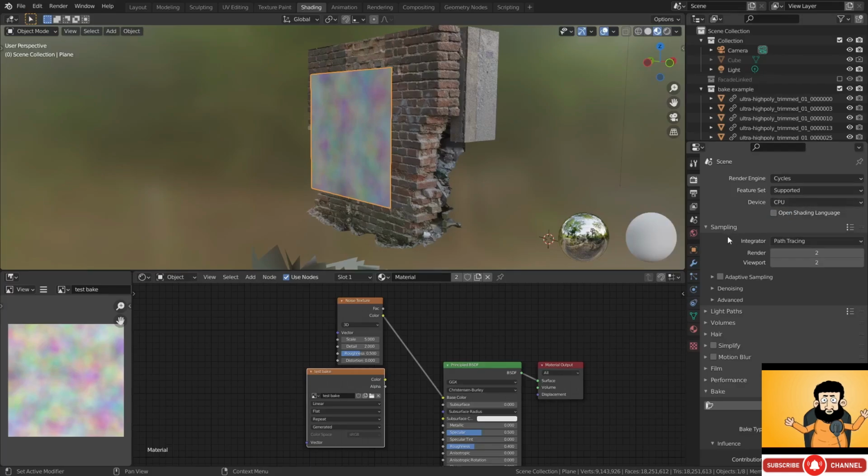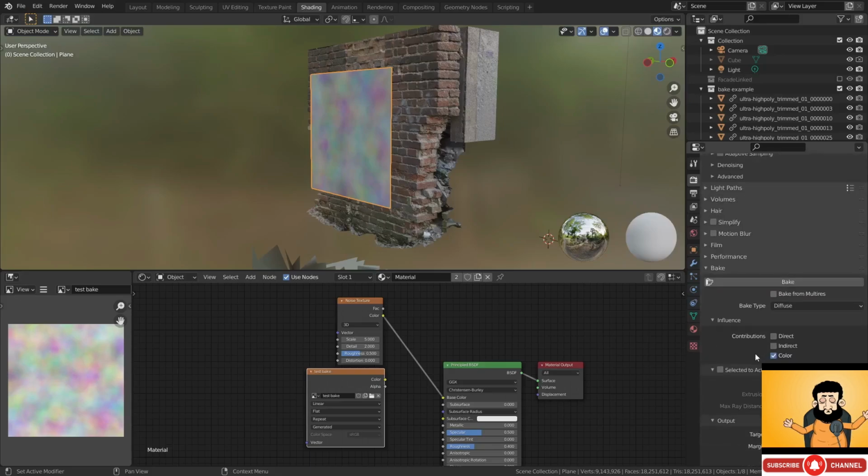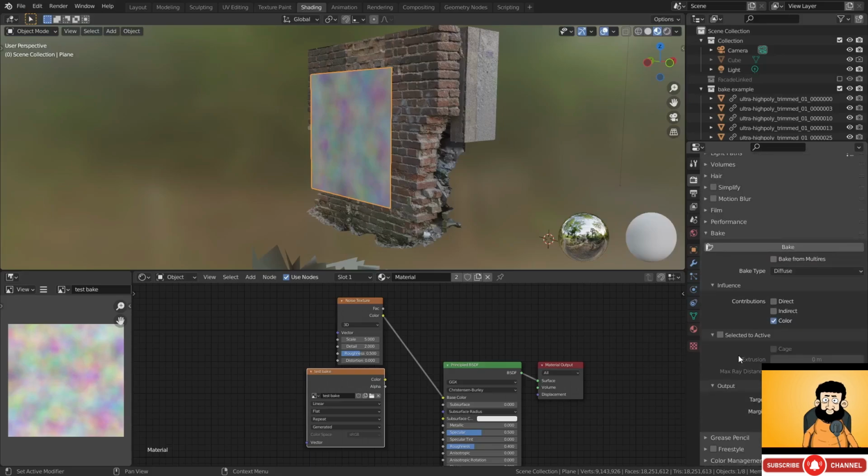Usually the GPU is much faster, but the CPU in my experience tends to be a little more bug-free, so while I'm recording this, I'm going to be choosing CPU, but usually I would select GPU if you have it available. Even on CPU though, with much lower samples, we can bake out a texture of this size at around 5 seconds or so, and that's way shorter than the 2 minutes that we got a moment ago, so